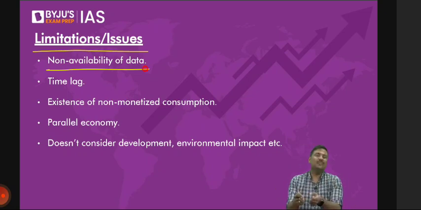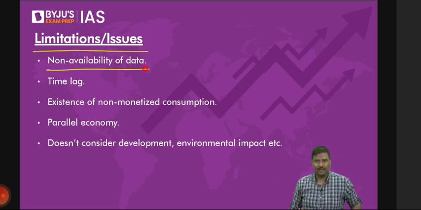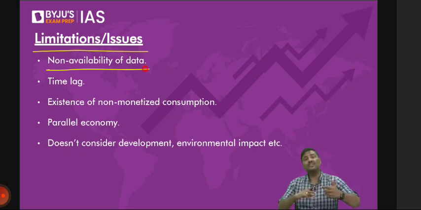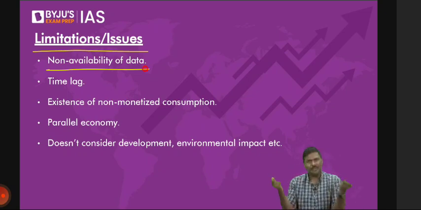But understand the next point as well. That doesn't mean that we do not account for the informal economy. Absolutely not. For that also, what the government does is, a lot of surveys are conducted and estimates are used. Because these are not registered, you'll not be able to get exact data. So we conduct surveys in the informal market and get certain estimates. First one is availability of data is a problem.